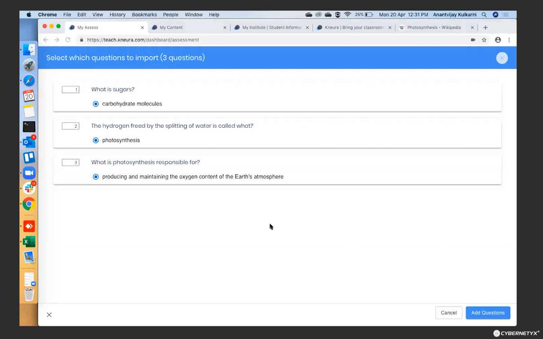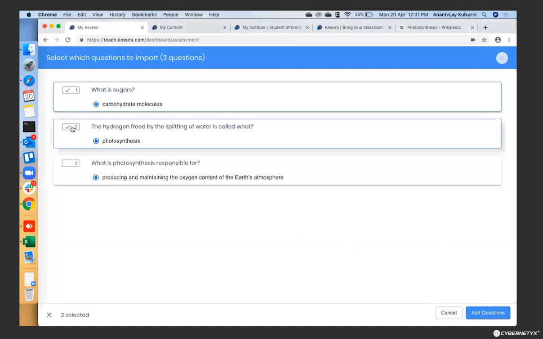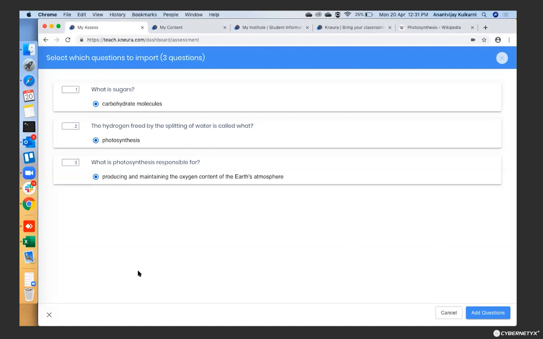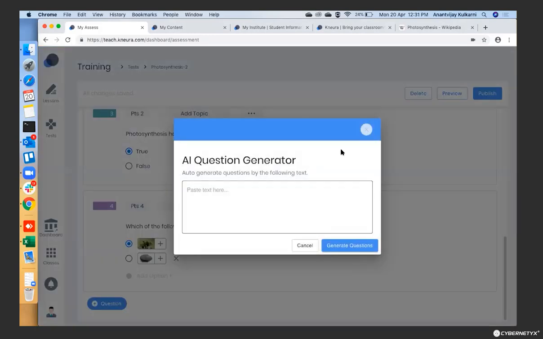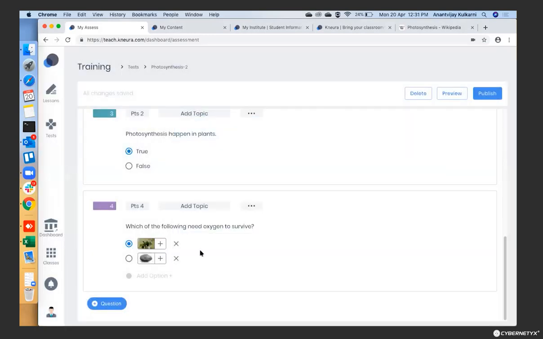I did not have to do anything. I have to check whether it is accurate or not accurate. I can copy it and continue to edit it. I can select which ones I want to add, select them, and add them to my questions. Within a few seconds or a minute or so, your question bank is ready for that particular topic, and they get added into your questions here. That way, even preparing the questions for a particular topic is made easy using the same platform.